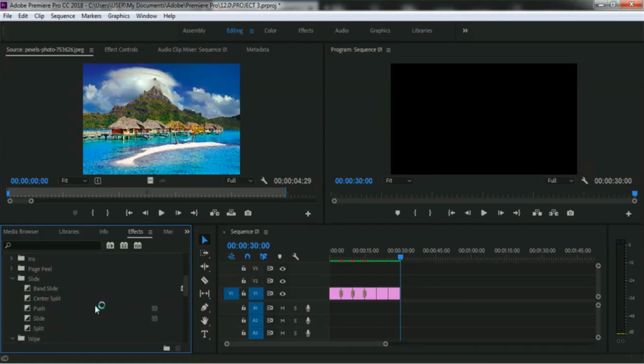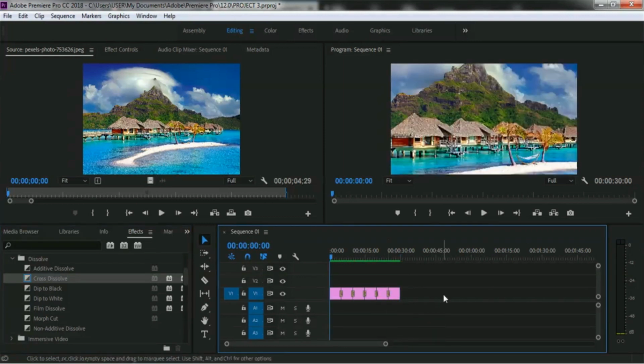I'm adding bend slide to our fourth clip, and I'm adding from dissolve transition. I want to add cross dissolve to our last image. So let me play these image clips in our timeline, and let's take a look